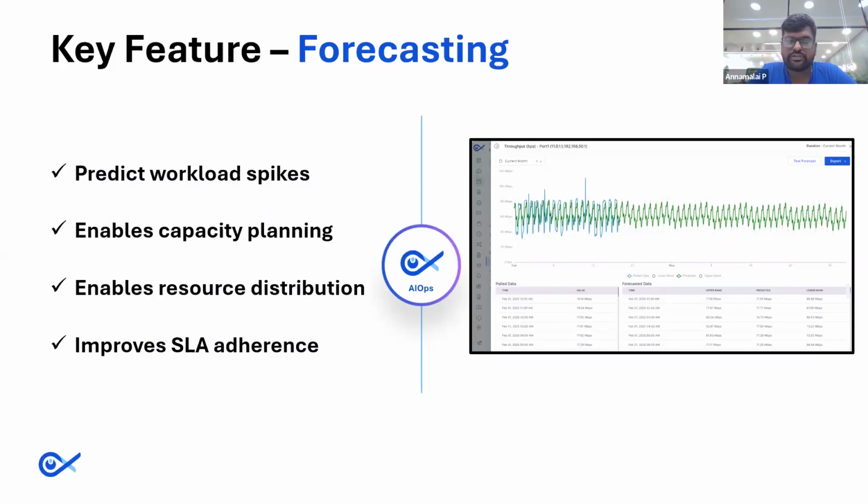And majorly it comes to SLA adherence. As we were discussing with prediction, forecasting also helps you adhere to your SLA, so that you don't end up compromising the quality of the service. Now coming to the new feature, another feature of AIOps called